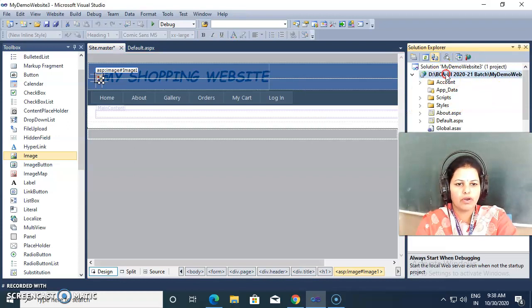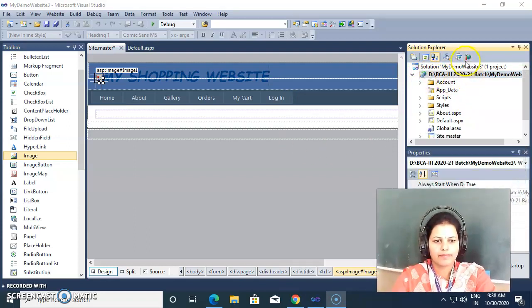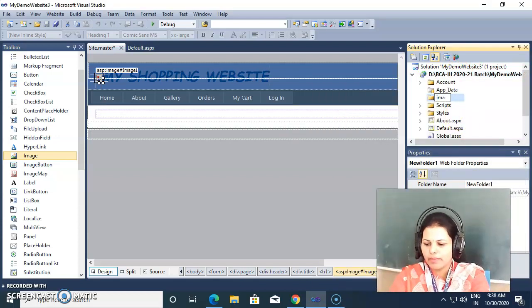So I'm clicking on my project and creating a new folder, and I'm giving the name as images.